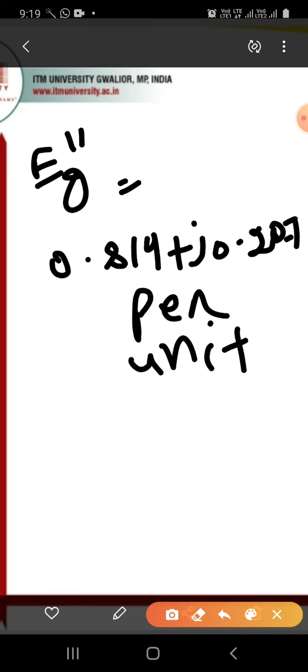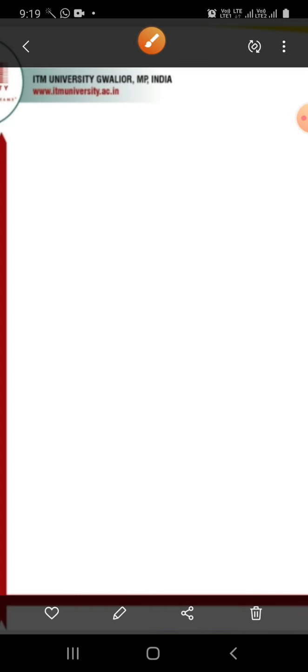So Eg double dash is coming as 0.814 plus j 0.207 per unit. Now I can calculate the subtransient current,